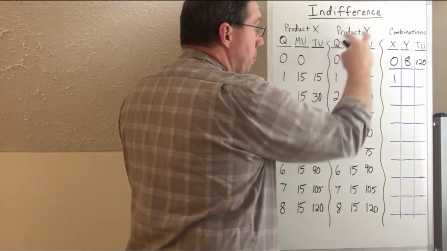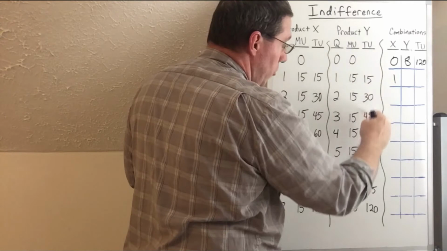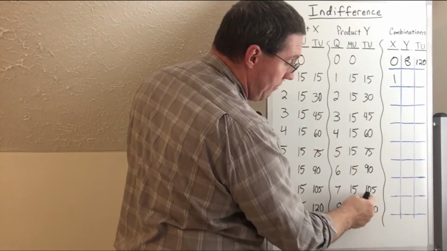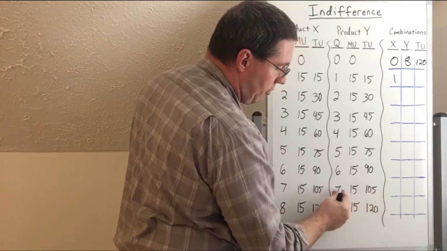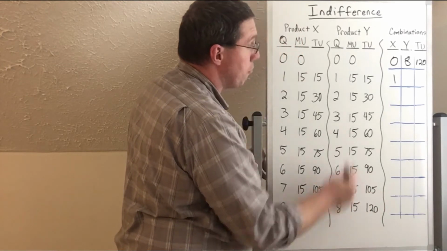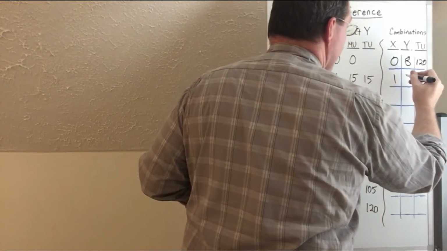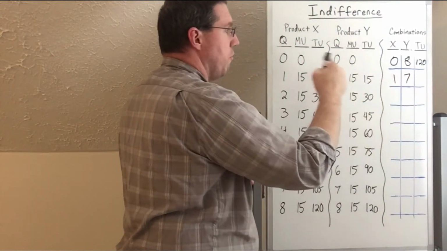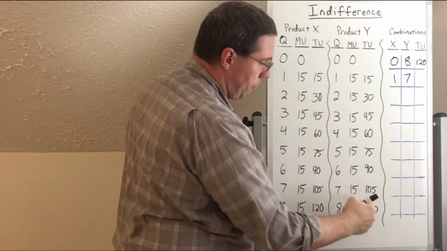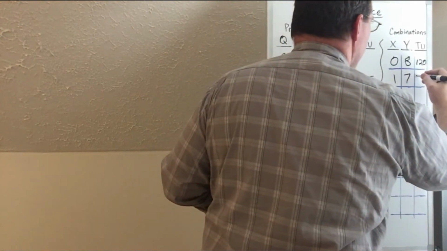So if we go over to product Y and go into the total utility column, here's 105 down here. In order to get 105 utility, we would have to consume 7 units of product Y. So we're going to put a 7 here. So if we consume 1 unit of X and 7 units of Y, we would get 15 plus 105, that's 120